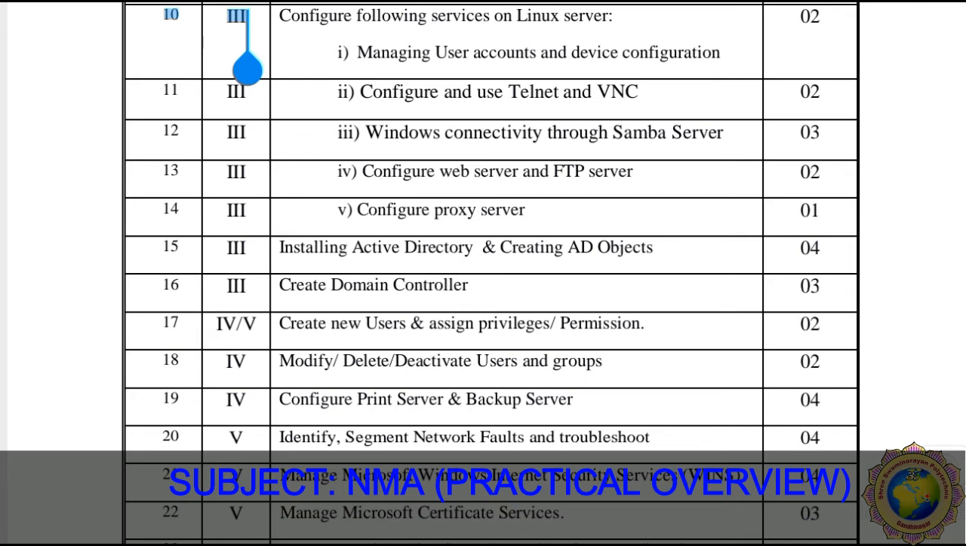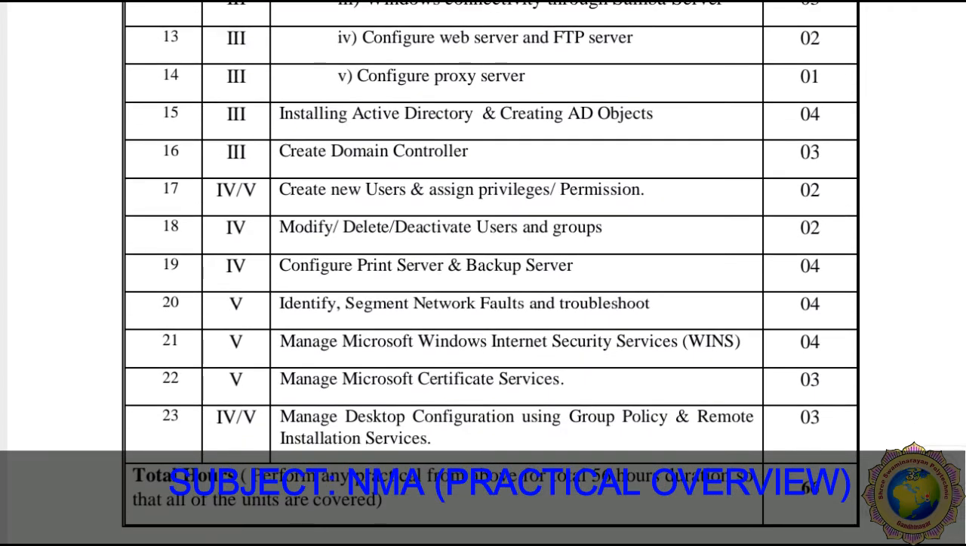Then practical 15 says installing Active Directory and creating AD objects. So how do we install Active Directory and create AD objects? The teaching hours required for the installation process and creating AD objects is 4 hours. Then practical 16 is considered as creating a domain controller. So how do we create a domain controller? In this practical we see how to create a domain controller, and the teaching hours required for this practical is 3